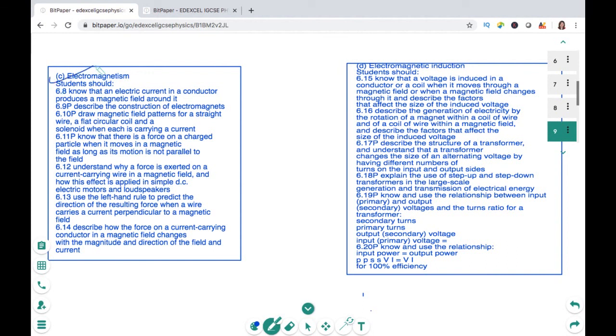In electromagnetism, we'll be looking over how an electric current can generate a magnetic field. We'll be looking over how to draw the magnetic field patterns. We'll be looking over how forces are generated in a magnetic field and how the force is exerted on a current carrying wire in a magnetic field, and we'll also be looking over Fleming's left hand and right hand